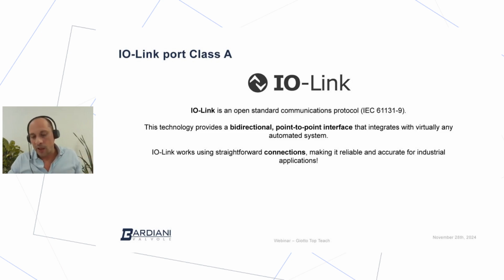Why is that? For many people who know and use the ASI interface, IO-Link could be a step back in technology, because ASI gives you the possibility to connect up to 64 valves on the same cable, and IO-Link requires one cable for one IO-Link device. But the reason why there is this one-to-one relationship between the PLC and the IO-Link device is because